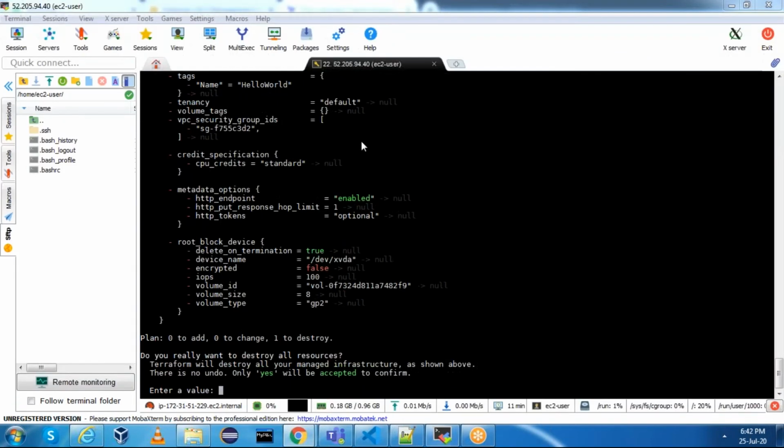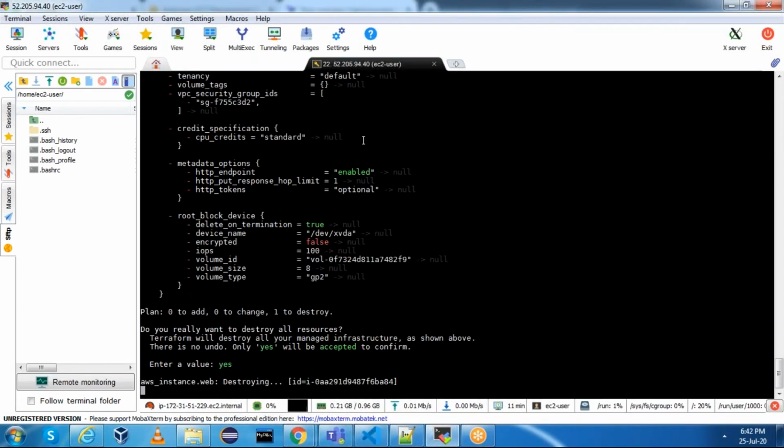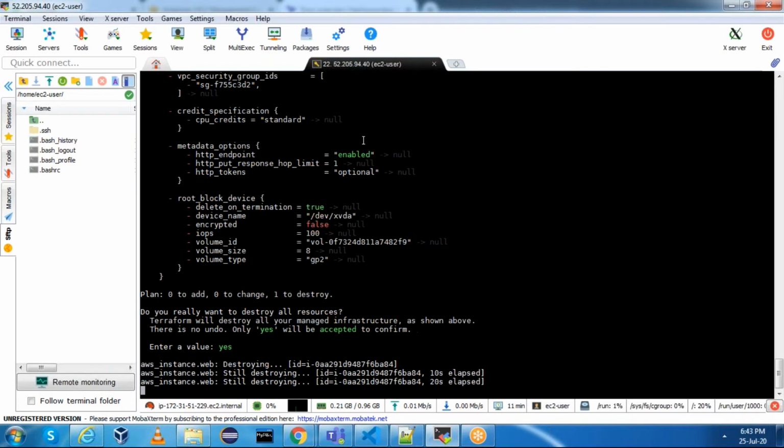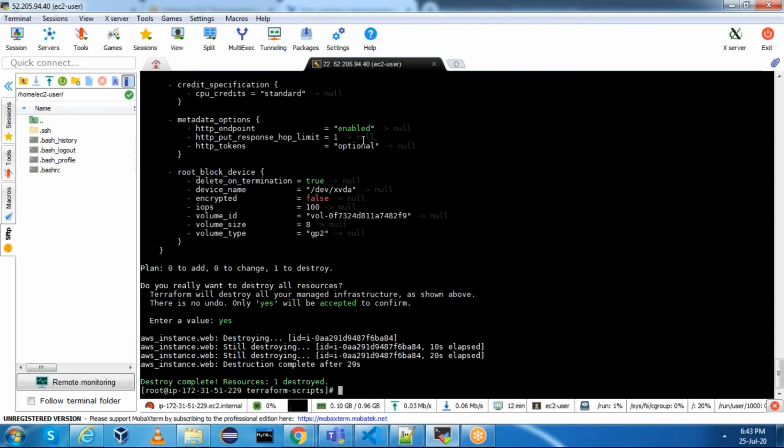Okay, let this destroy. I'll remove access key and secret key, and we will go with the environment variables approach. Okay, this is done.